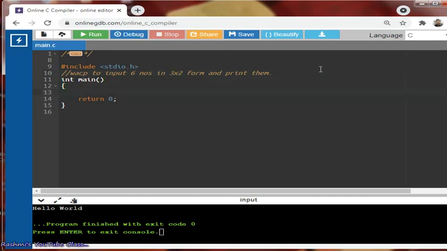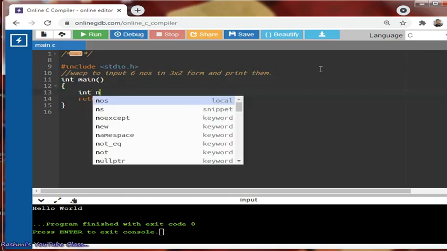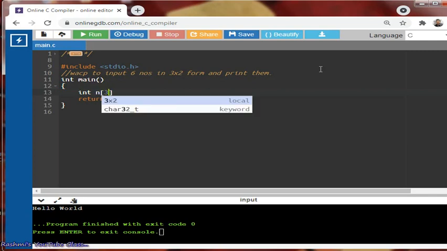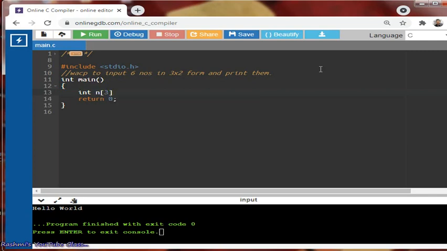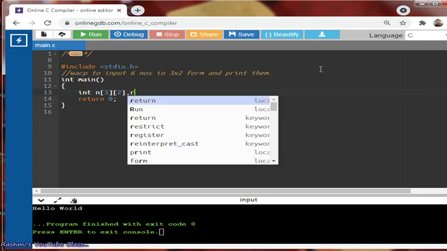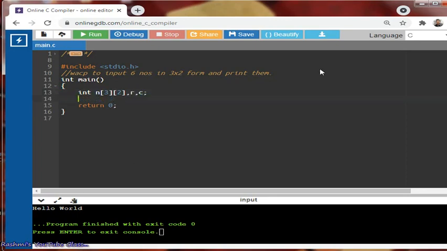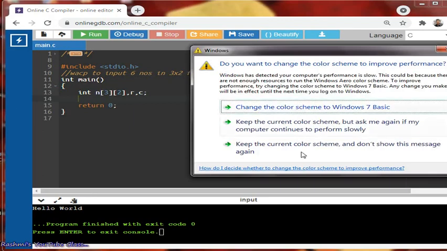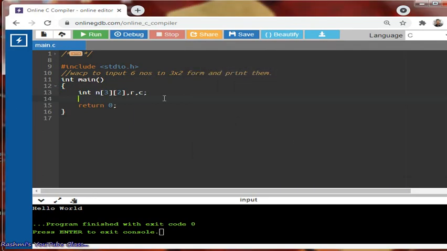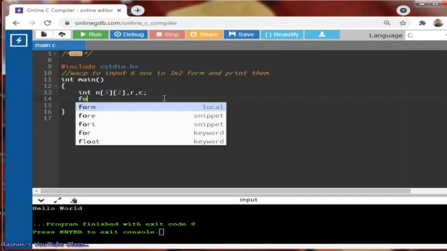So for a two-dimensional array, how do I take the variable? Now 3 will be the row value and 2 will be the column value. That is how we can write int n[3][2]. Then I can take one variable for row and one variable for column. Fine. And in a multi-dimensional array, we have to continue with